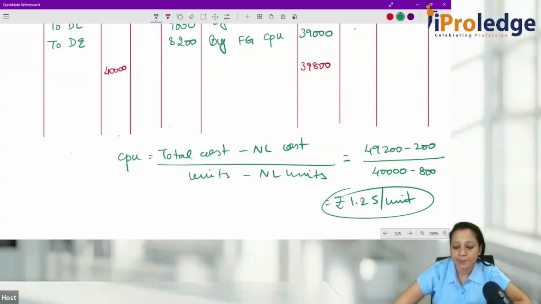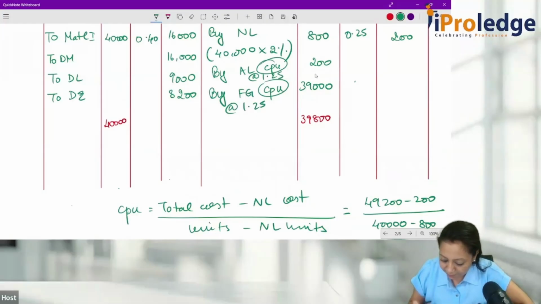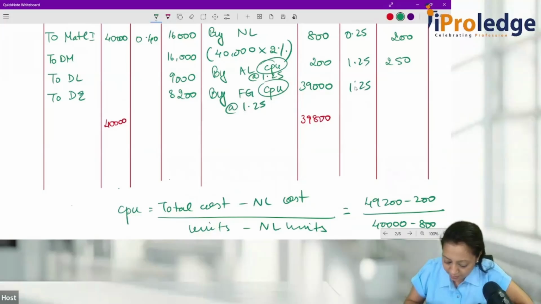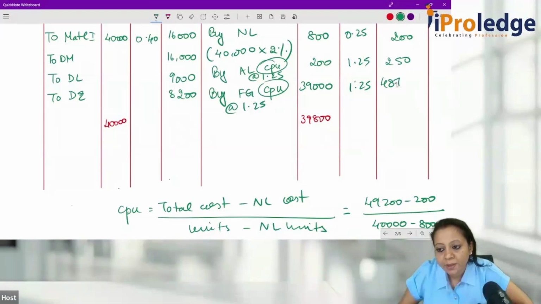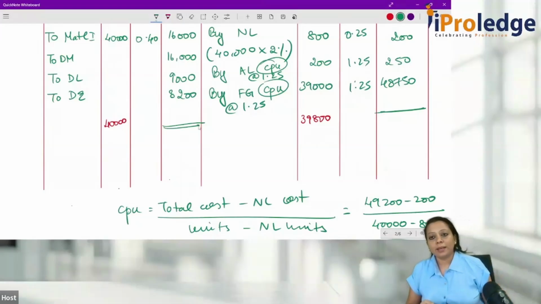Shall we proceed now? Yes. So it is going to be at the rate of 1.25. So 200 into 1.25, 250. 39,000 into 1.25, 48,750. So for those of you who are confused as to why this is happening, why ma'am you're taking CPU